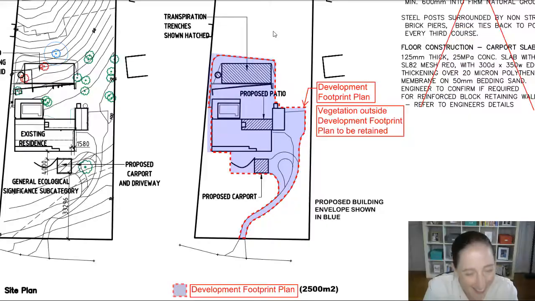Let's do this. Okay, so I'm going to show you guys probably about 5 different examples here to help illustrate my points. So there's probably 3 key points that I want to talk about when trying to describe what a DFP should look like. Firstly, let's talk about what they actually need to contain. Well, they need to contain all land disturbing works except for fences. So I'm talking existing structures, proposed structures, airflow and dispersal areas.